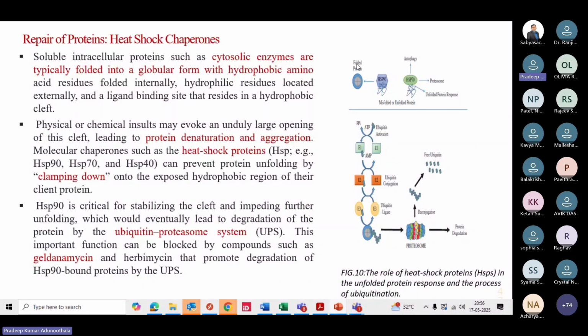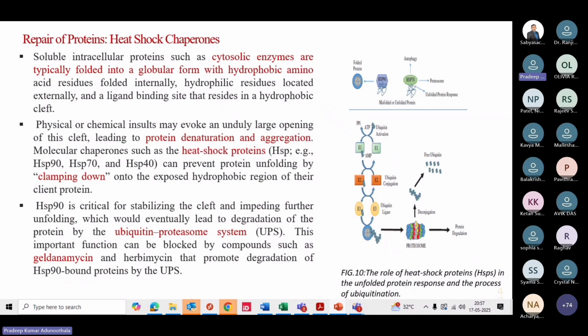If you see the picture representation here, the folded protein has hydrophobic amino acid residues internally and hydrophilic residues located externally, and then it forms a misfolded, unfolded protein. Physical or chemical insults may evoke an unduly large opening of this cleft,